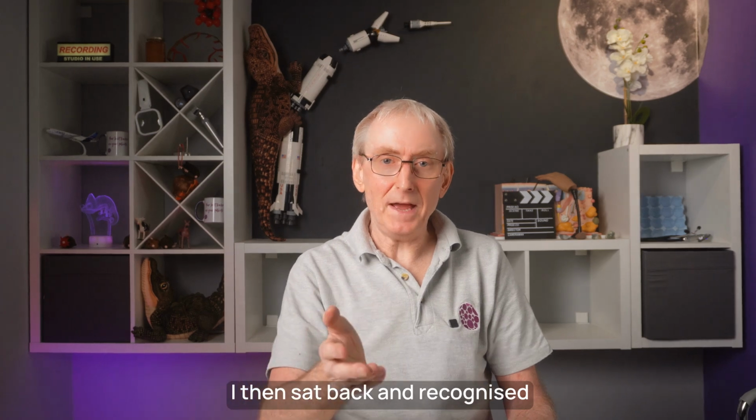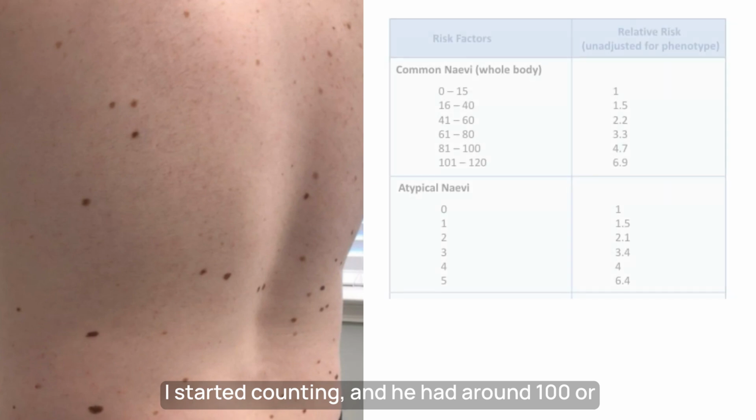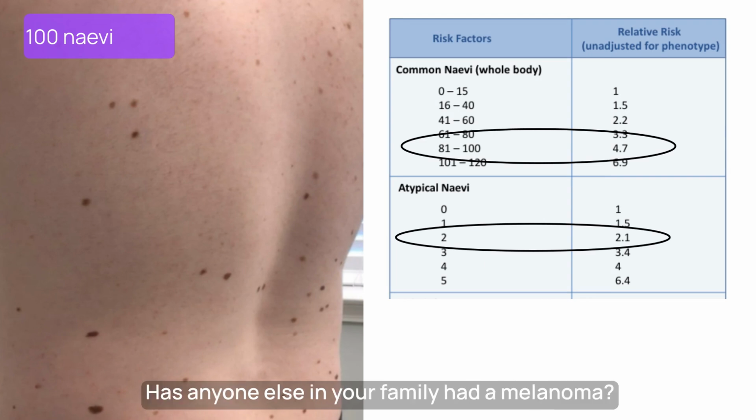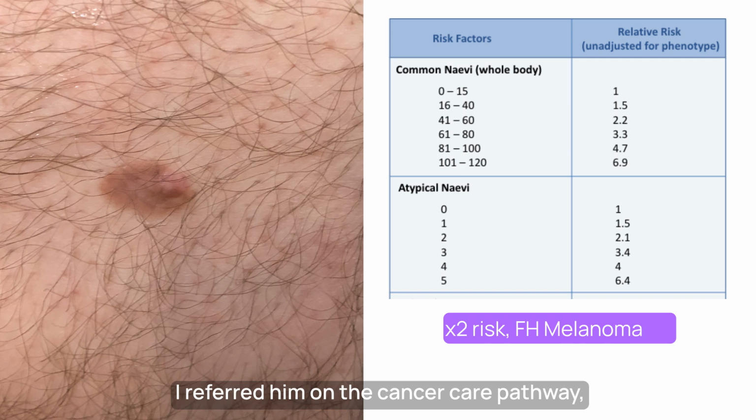I then sat back and recognised that he had an awful lot of moles. I started counting and he had around 100 or more moles and another atypical nevus. I then asked a key question. Has anyone else in your family had a melanoma? Yes, his mum had. I referred him on the cancer care pathway and on excision this was an in situ